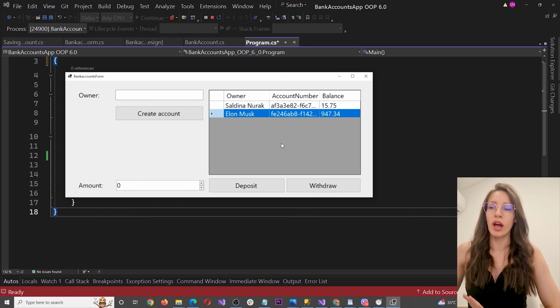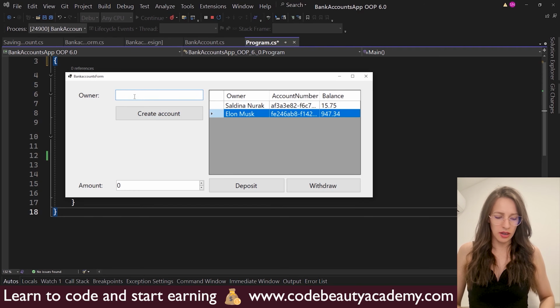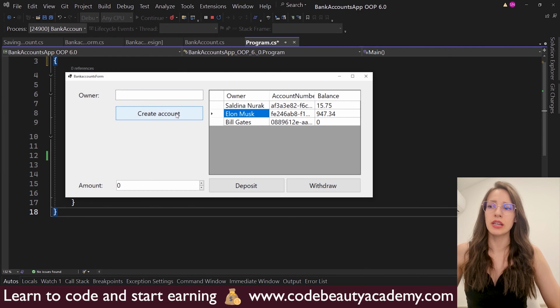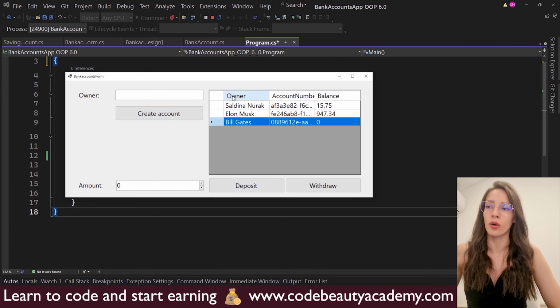And then also I have the option to create a new bank account. So let's say Bill Gates, and I say create account, so another bank account will be added. This is the owner, this is the account number, and then the balance will initially be 0 because we have just created this account. And besides that, we also have these two buttons, the option to deposit money and to withdraw money